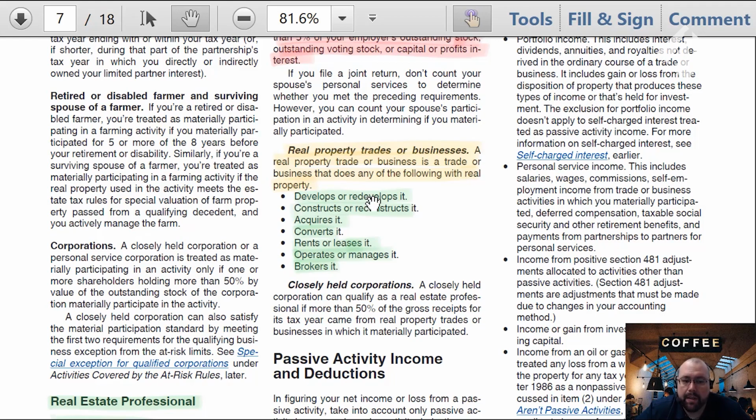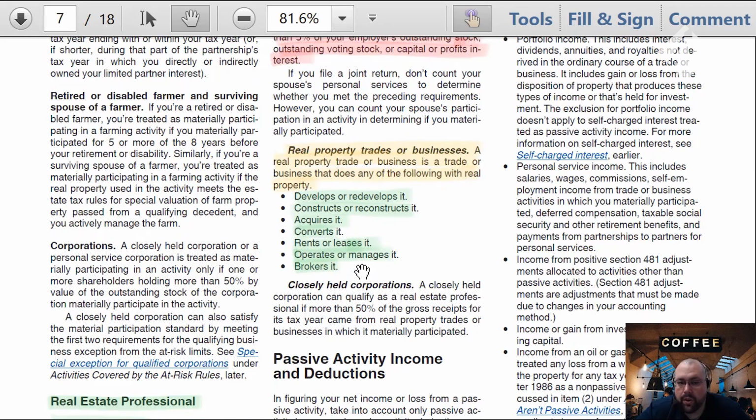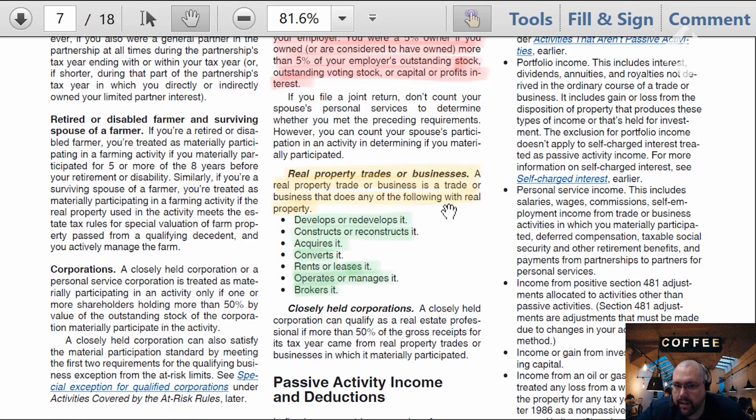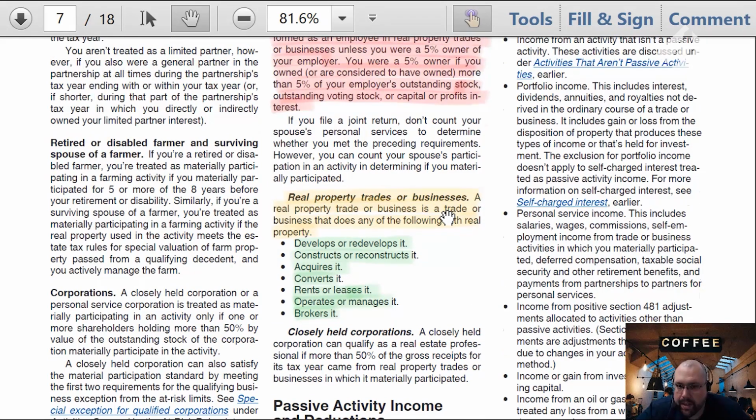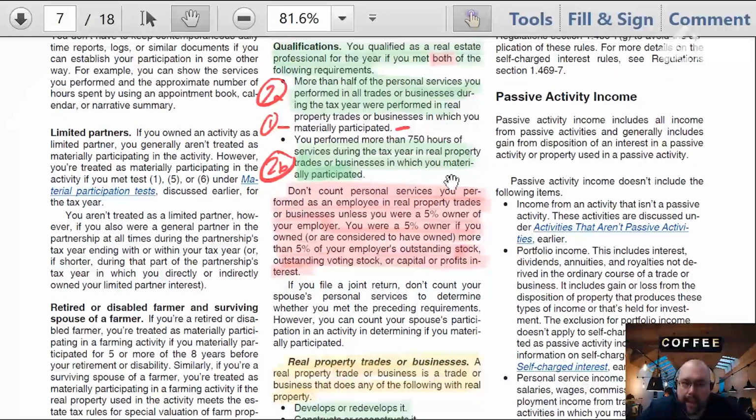So it could be development or redevelopment, construction or reconstruction, acquiring, converting, renting or leasing it, operating or managing it, or brokering it. So those are your definitions of what the IRS considers a real property trade or business. Most of you who are real estate investors fall into one of these categories in some way or another. If you manage your own properties, it's pretty much a direct line to that, as long as we go back